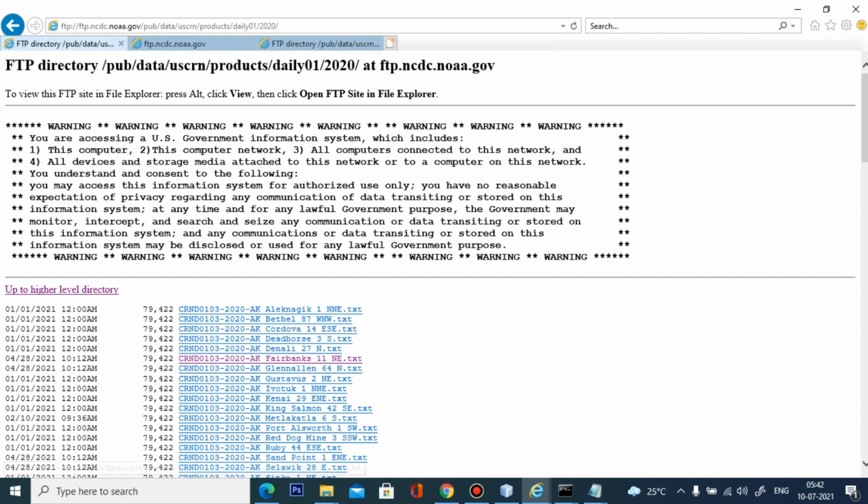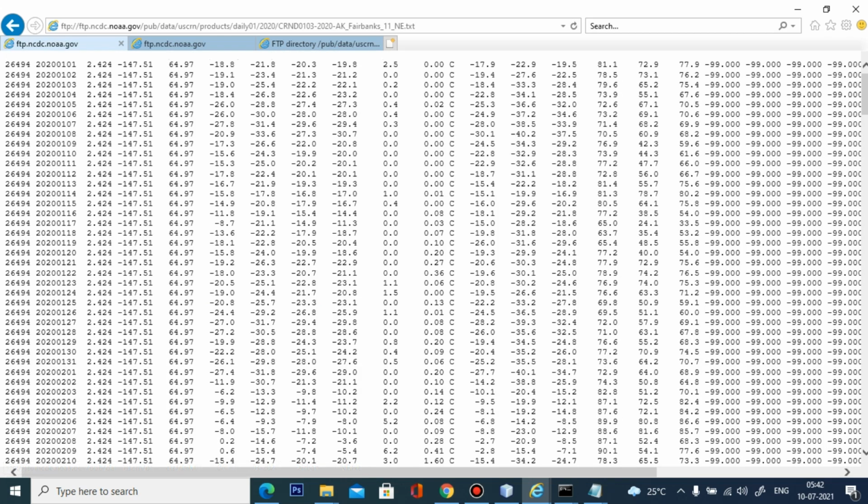Here we have a lot of weather station information, and each one represents a particular weather station. I am going to take the weather station CRNDO 103 2020 AK Fairbanks 11 NE.txt. I will take the records from this weather station, so click this. This is your weather data.